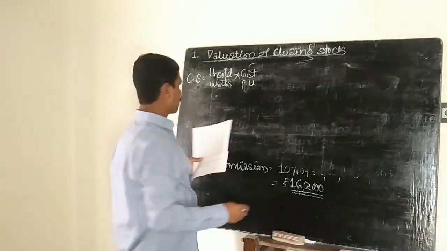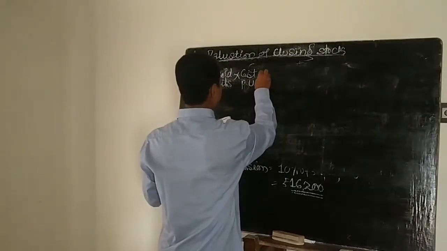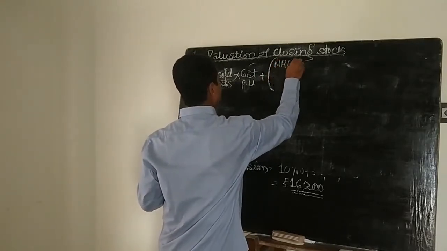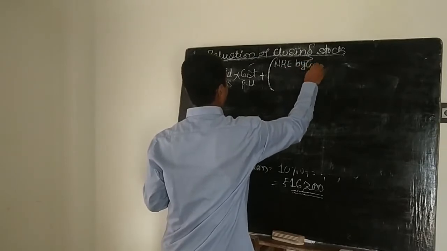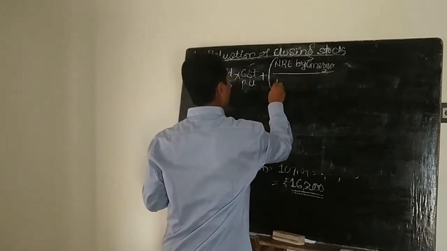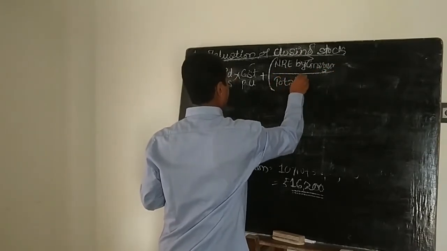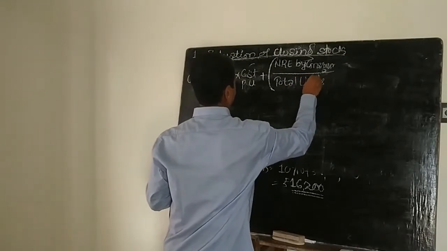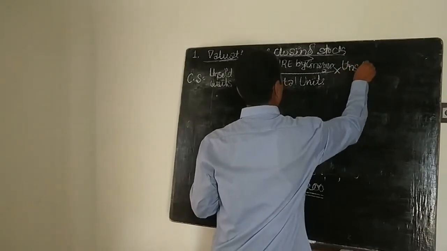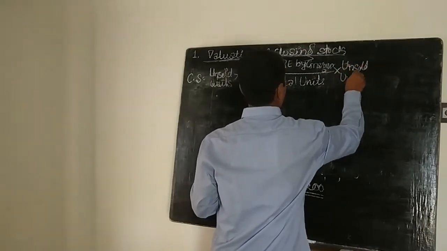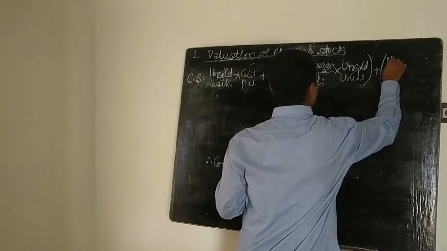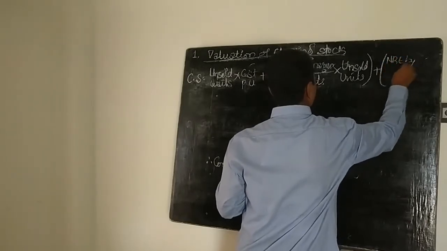So unsold cycle cost per unit plus, in the bracket, non-recurring expenses by consignor divided by total units sent into unsold units, close the bracket, plus non-recurring expenses by consignee